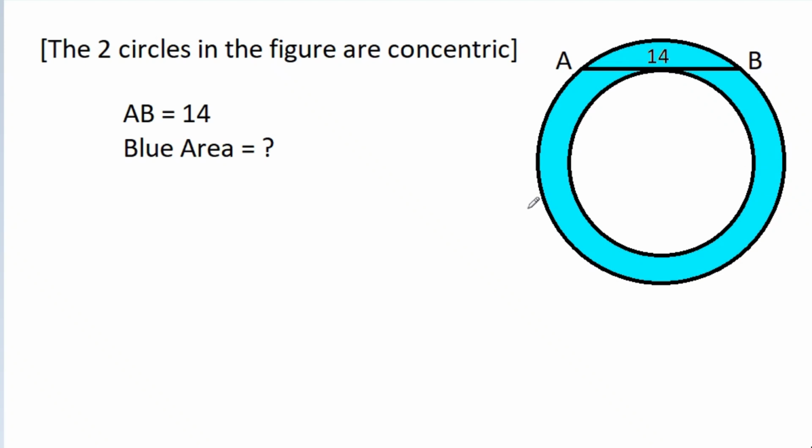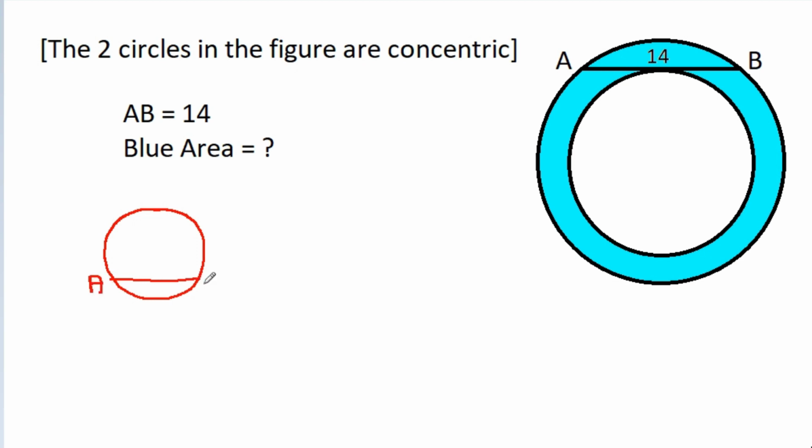In this video, we have two concentric circles and AB is 14. Then we have to find this blue area. So, in any circle,